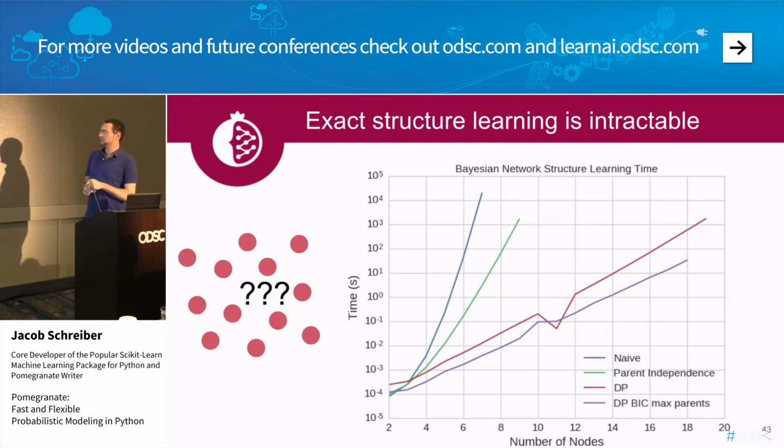Then, somewhat recently, in around 2015, a dynamic programming algorithm came out, which reduced it from super exponential to simply exponential time. And you can see that here in the red. I have to admit that was the first time I had heard "simply exponential" in a good way. But I suppose that if you're going up from like 8 variables to, in this case, maybe 20, 30 variables, that's a significant improvement.